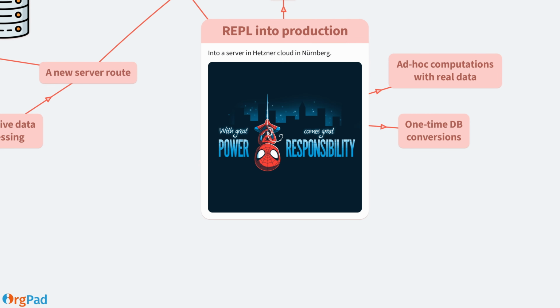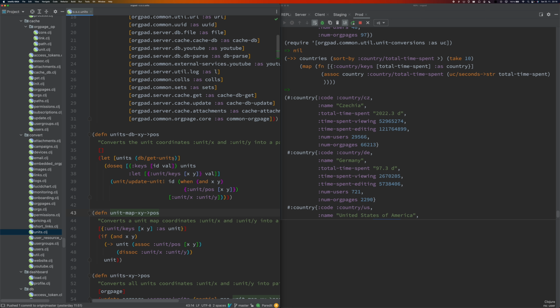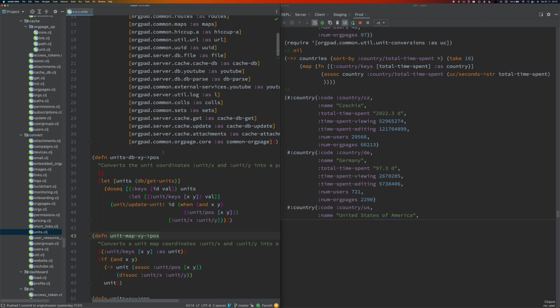We also use production REPL to run one-time conversions. For example, when we change the database schema, we want to change how some values are stored, so we run these conversions once and we are done. For example, this is one of the files.